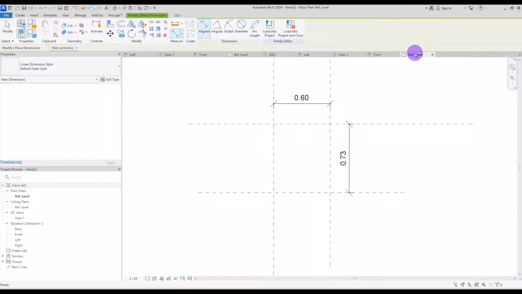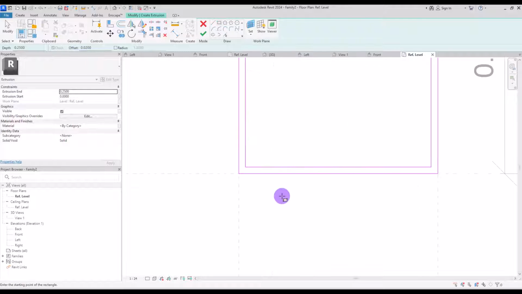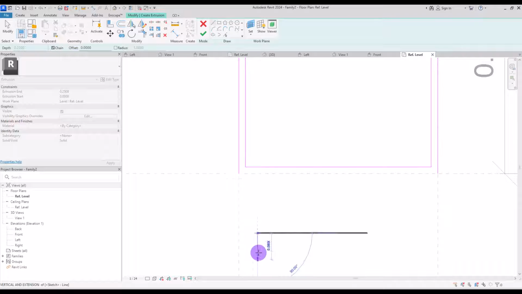Now if you go to ref level, you can create the extrusion exactly on these lines, lock it, and create another one inside it with 2 centimeter offset. Instead of this simple line here, I'm going to create a pattern for the front part of my drawer. So I'm going to create a 1 centimeter line in here, and then with 4 centimeter offset, I'm going to